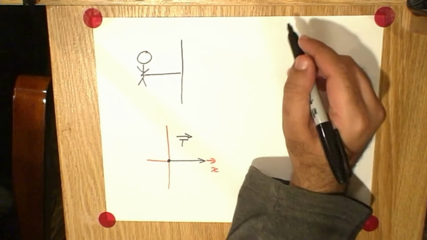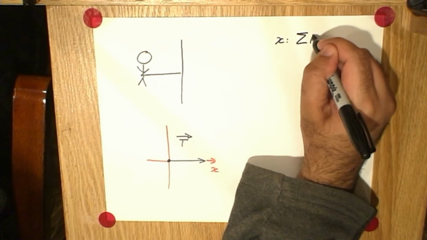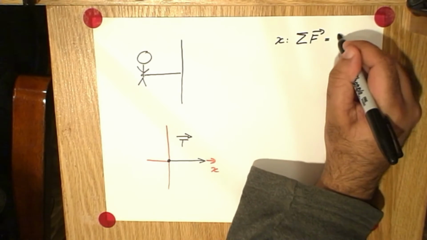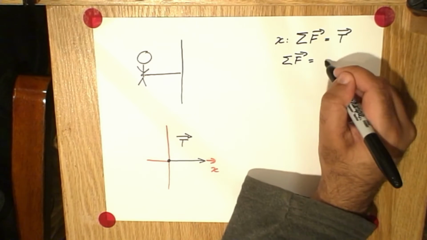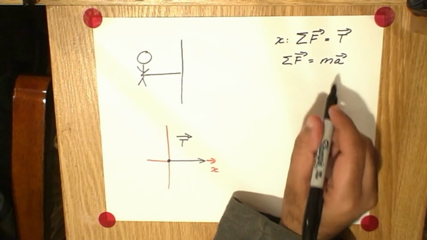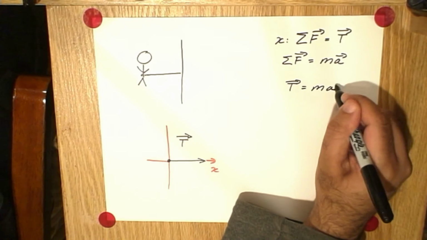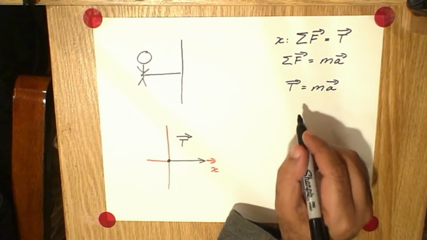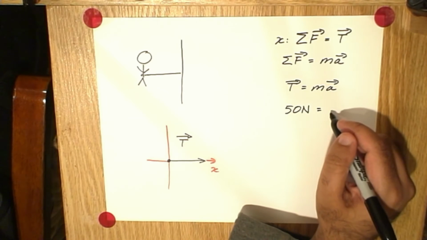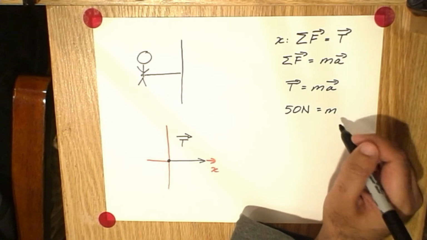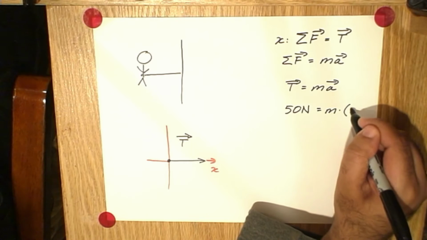Now, in x, we can say that the total force is due only to the tension. But total force is equal to mass times acceleration. Plug in tension for total force. Tension is equal to mass times acceleration. We were told that the tension was 50 newtons. So 50 newtons must be equal to the mass of the astronaut, that was the unknown in this question, that's what we were trying to solve for, multiplied by the acceleration, which was